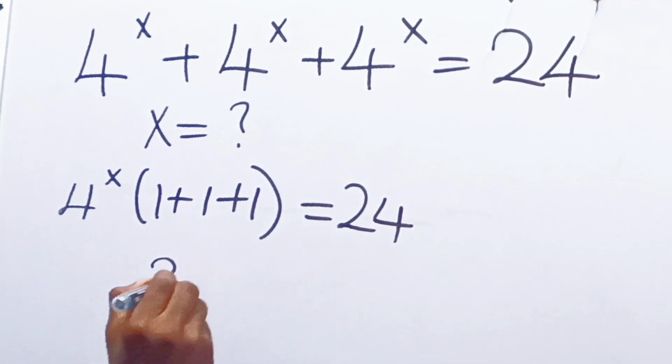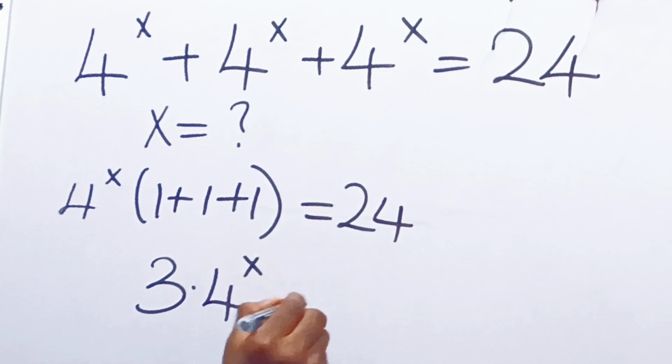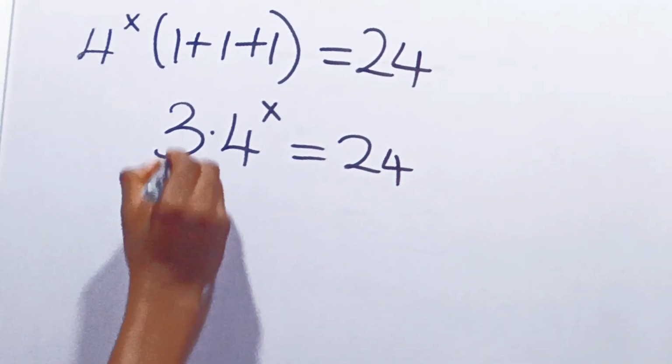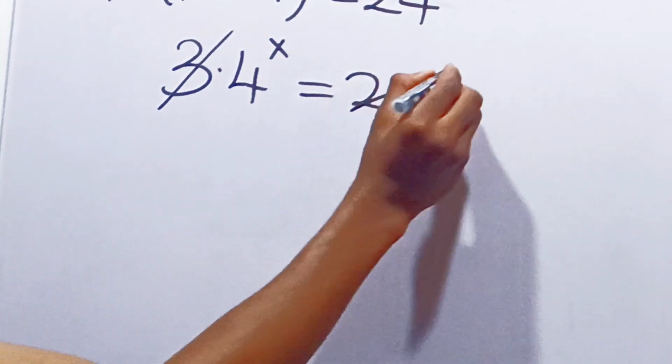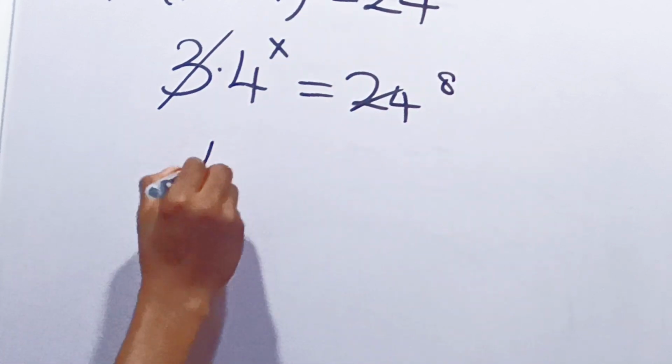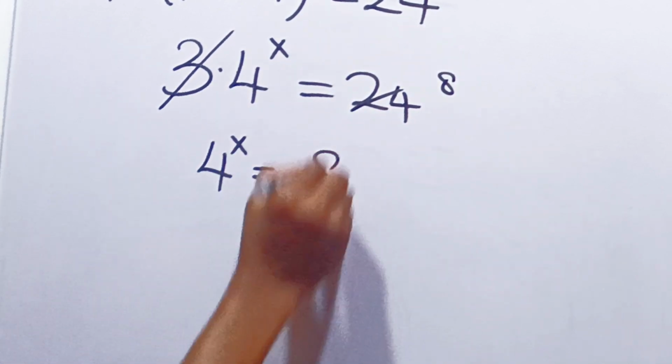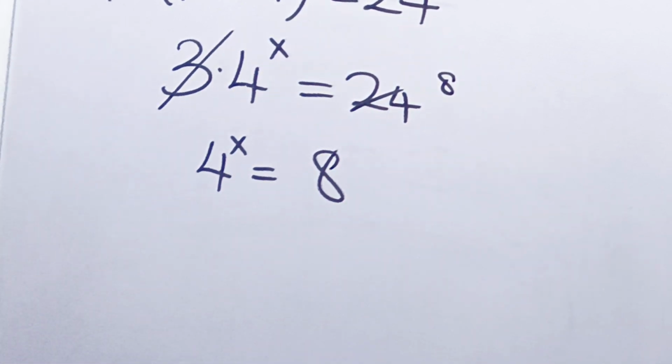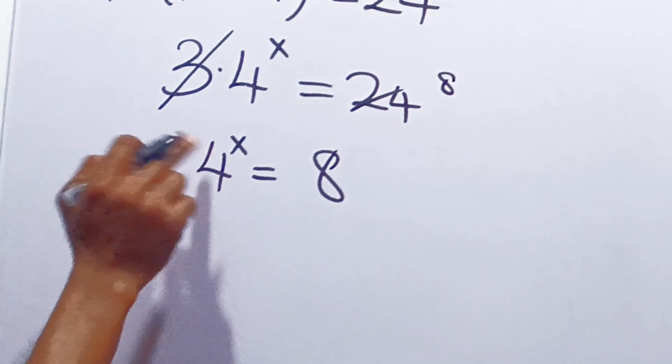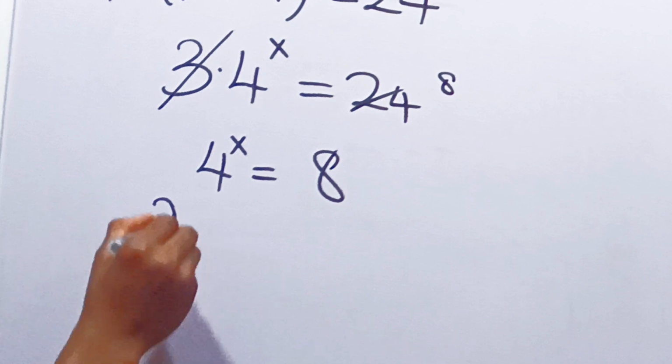So we have 3 multiplied by 4 raised to power x to be equal to 24. Now 3 can cancel 3 here, and 3 can go into 24 to give us 8. So we have that 4 raised to power x is equal to 8. Alright? Now, moving on from here, we can say that 4 raised to power x is something as 2 squared